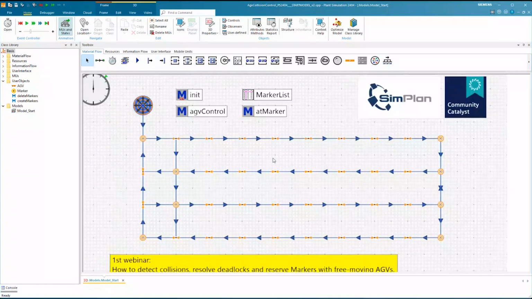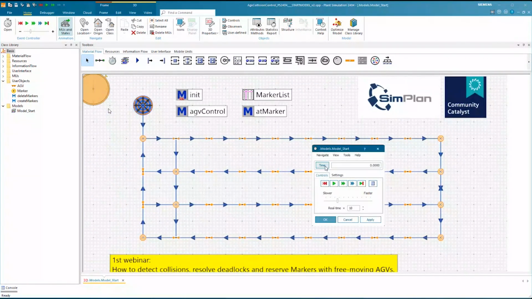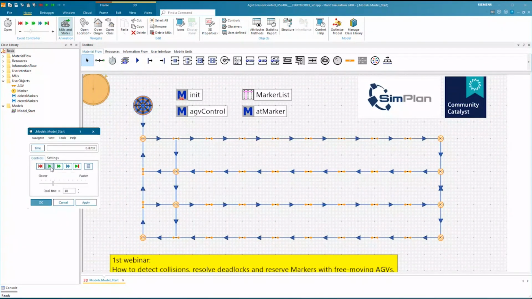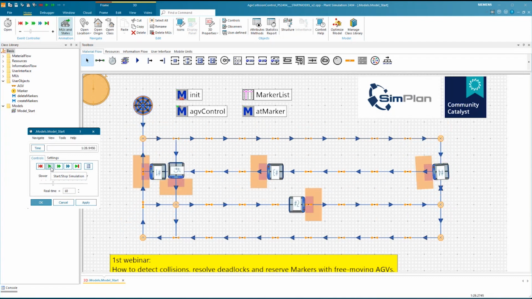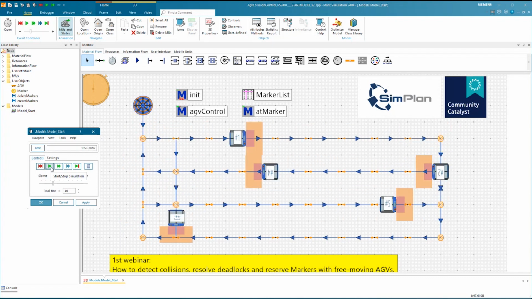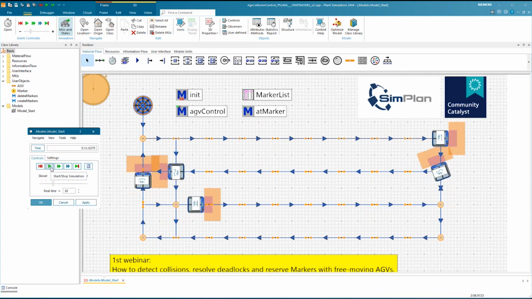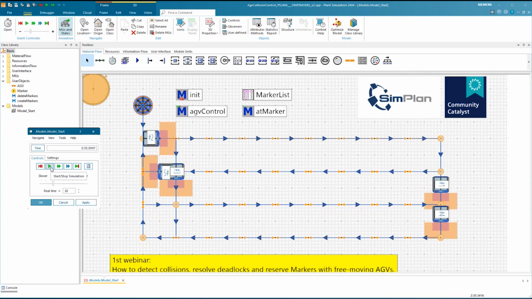Good. Then to first introduce this starting model that we have here. We have a layout of markers which are connected with connectors, and I have 5 AGVs that are happily randomly driving around the layout, as you can see.